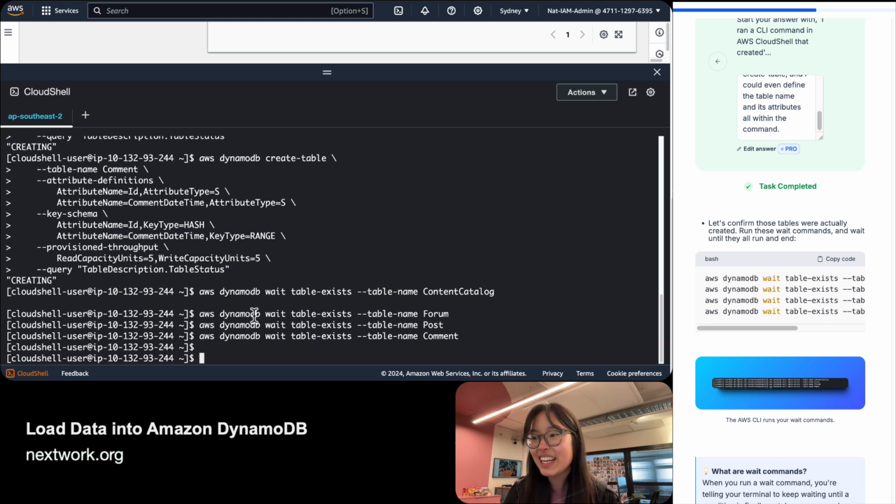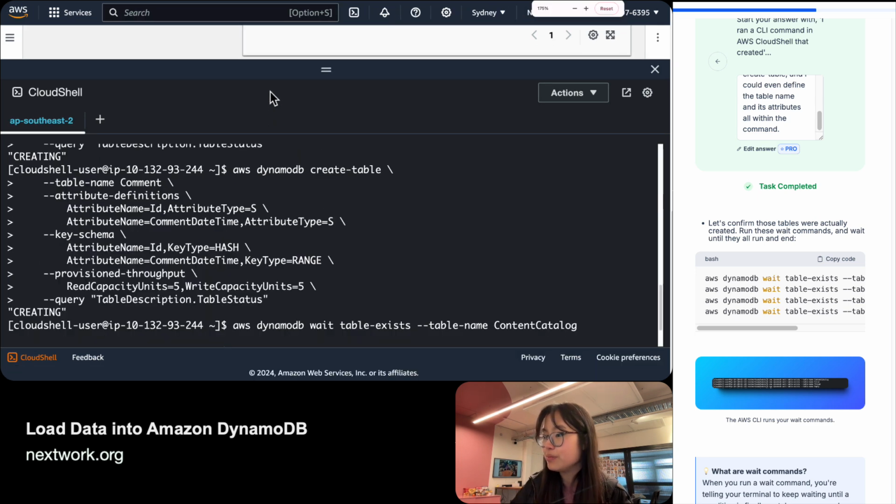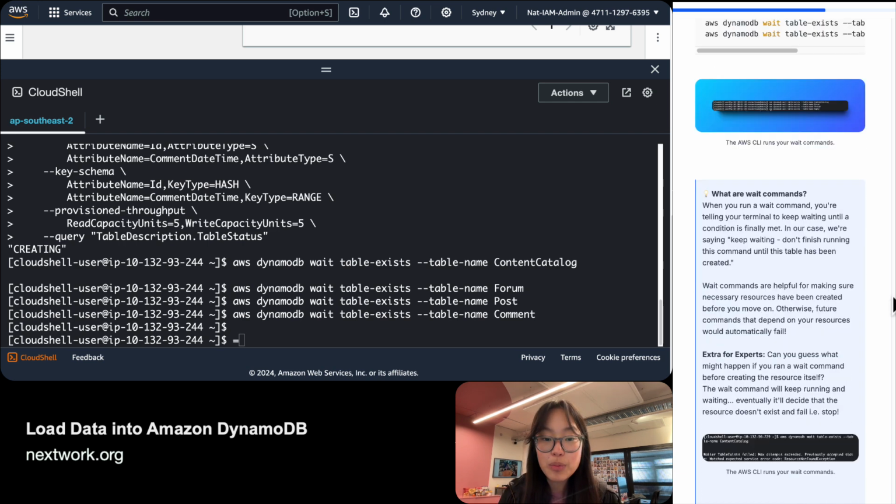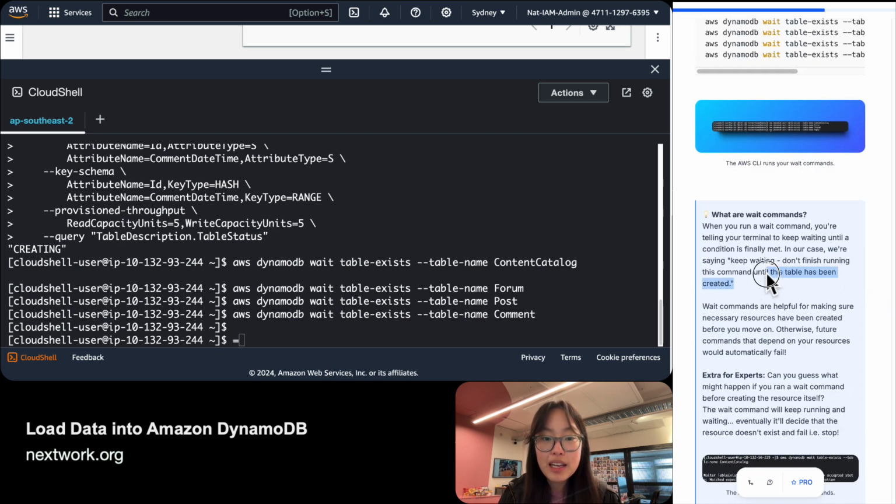Interesting commands, isn't it? This command says AWS DynamoDB wait. Wait. Isn't that an interesting command? Okay. Wait, table exists. Table name, content catalog, table name form, table name post, table name comment. So what's happening here is we have a command that says wait and do not move on until the table